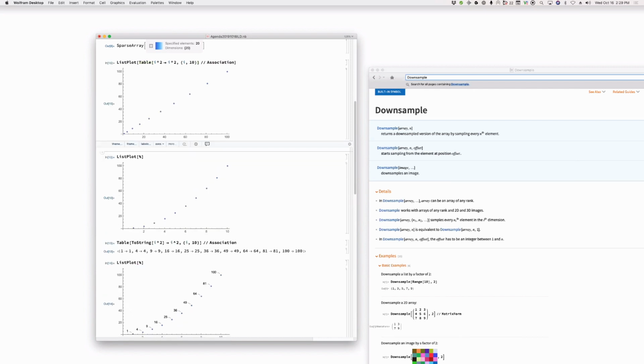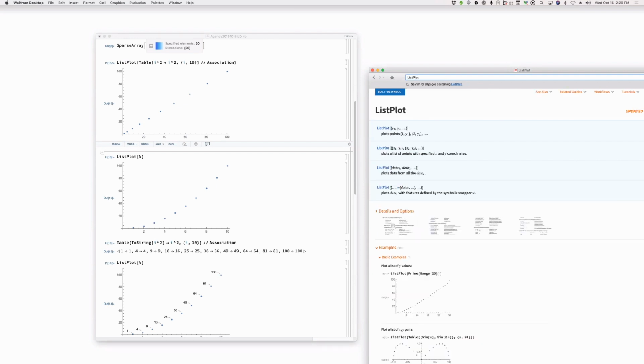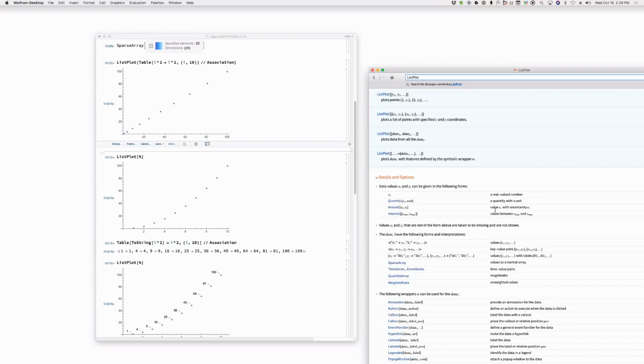Right. I hope you've documented that. Look at the docs for ListPlot. Notes. So that second table there. All right, I admit it. That's documented. Yep, I admit that. That's documented. So, okay, all right. So then